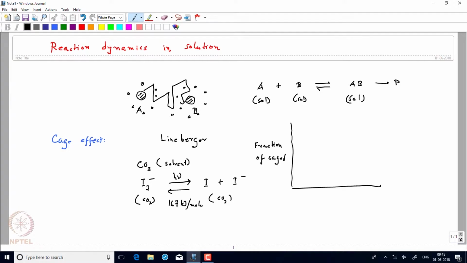Now caged species means this is caged I2 minus. So it basically dissociates and it again reforms. So for that caged species, the fraction can be minimum 0, maximum 1, and then they plot it against the precursor, like precursor I2 minus